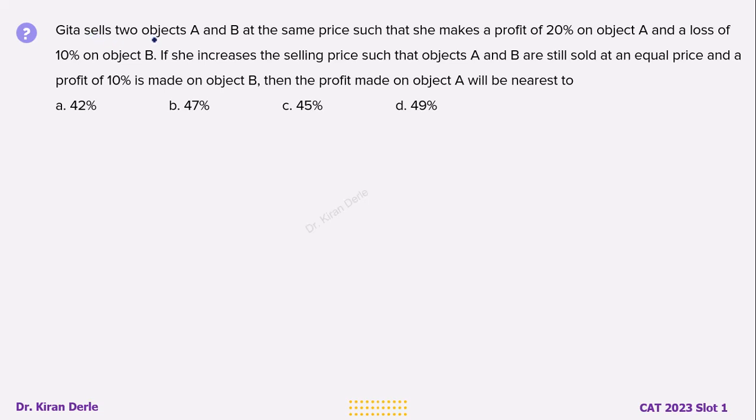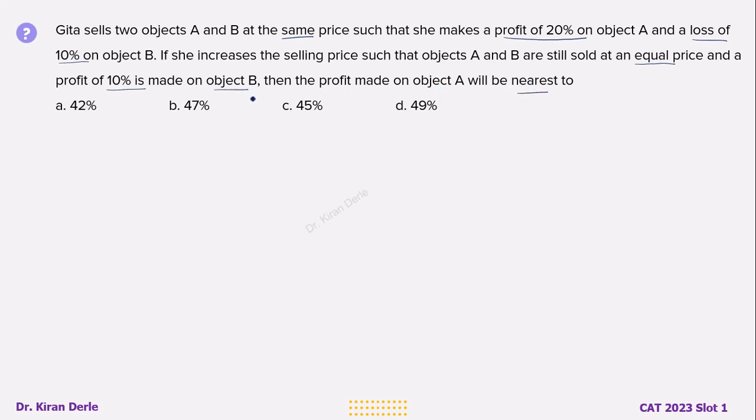Gita sells two objects A and B at the same selling price such that she makes a profit of 20% on object A and a loss of 10% on object B. If she increases the selling price such that objects A and B are still sold at an equal price and a profit of 10% is made on object B, then the profit made on object A will be nearest to,